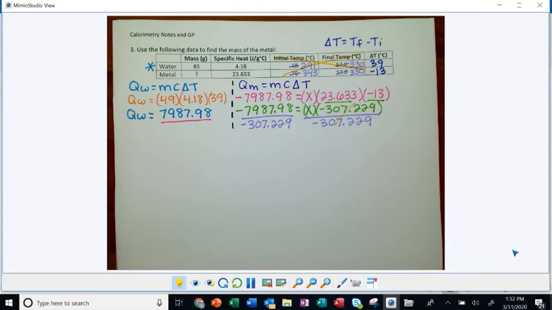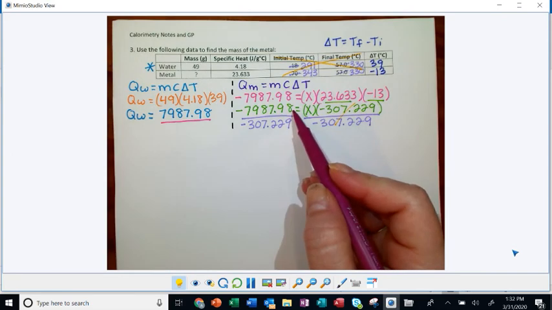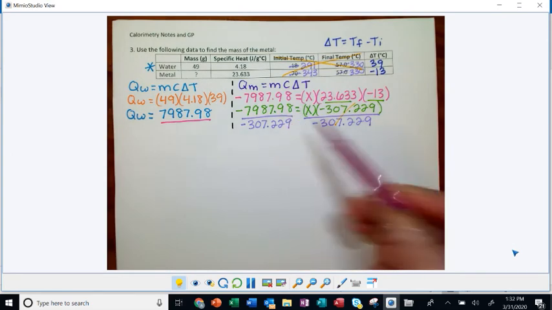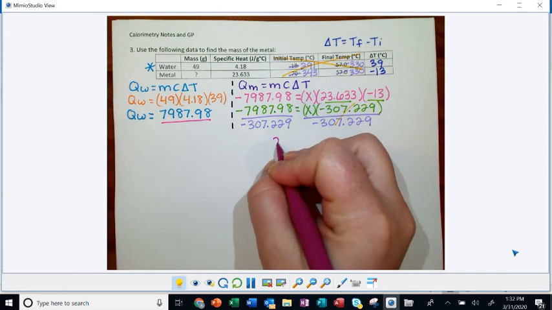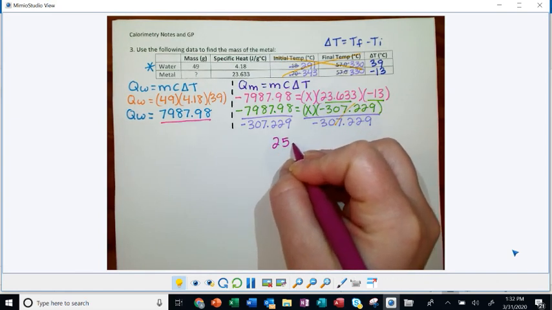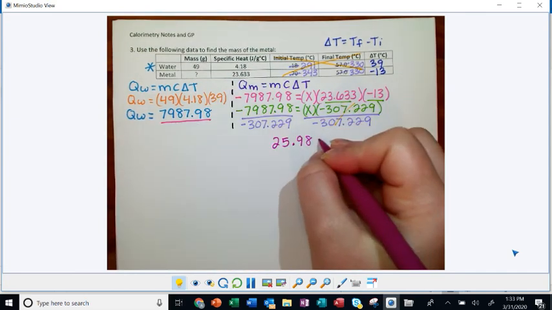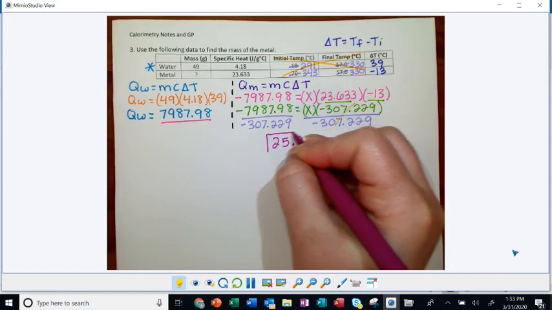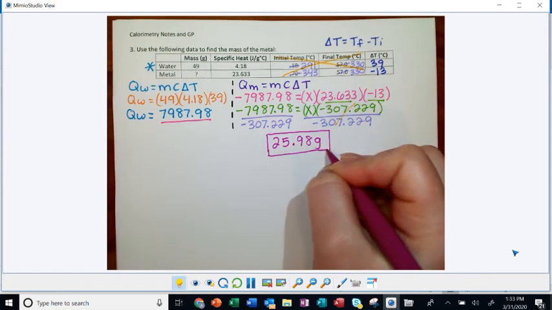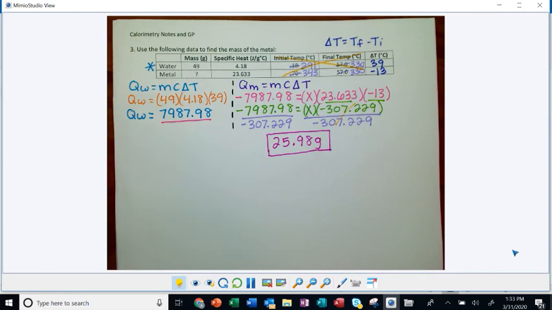Again, we are going to plug this into the calculator. The number on top goes first, divided by the number on bottom, and you get 25.98, and it's mass, so it's grams. Again, do not put the units into your independent practice. And there you have it. This is how you calculate different variables, mass or specific heat of unknown materials using a calorimeter. Now you can take this and go ahead and do your